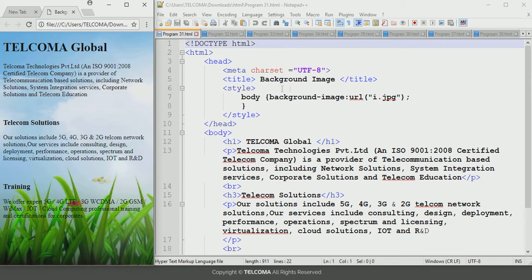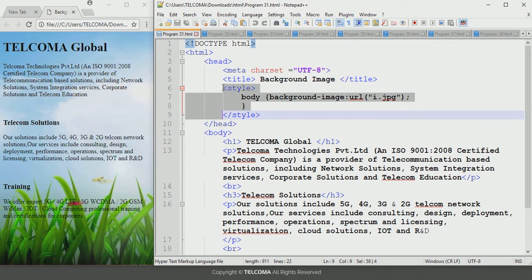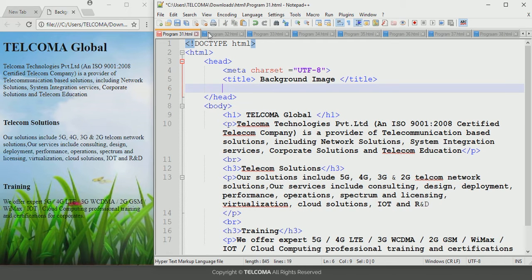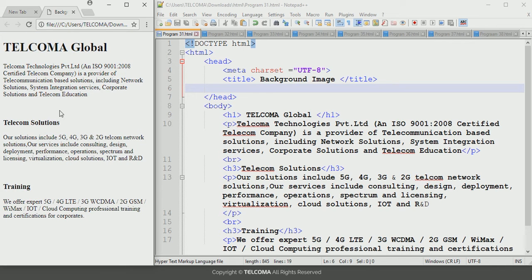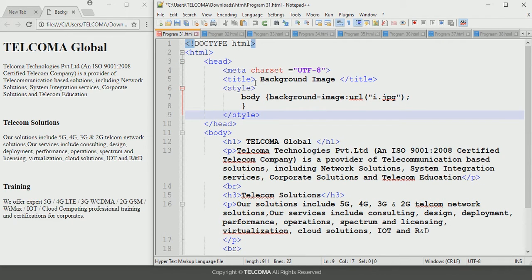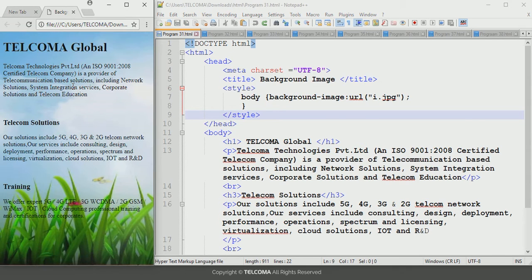If I remove this part, the background image property, like here, if I delete this part, and now save the program and refresh it, you can see that it removes the background image from the browser. Again, if you undo, save the program and refresh it, the background image will display again. So this is how we can add the background image to the